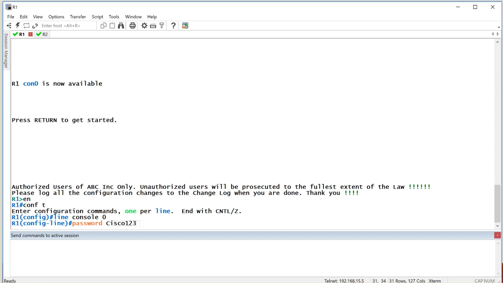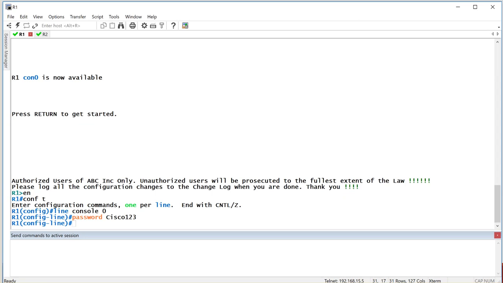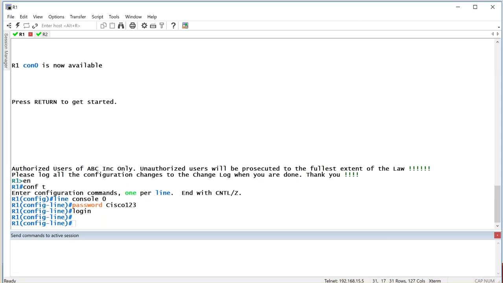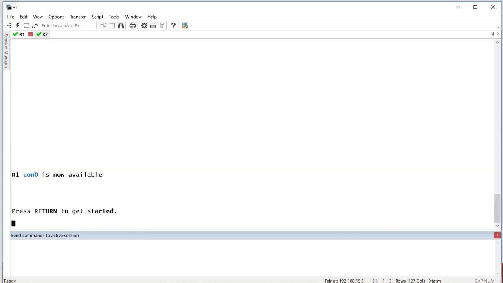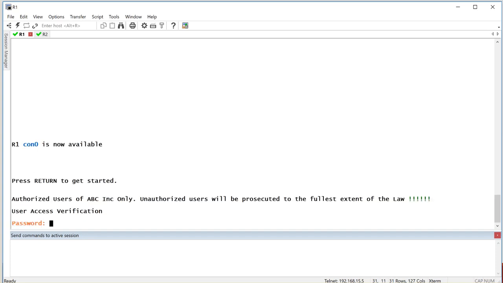So make sure your cursor is at the end of the 3 over here, or whatever the last character is. Press enter. And once you're in there, I need to enable the login authentication by typing in login. So once I'm done, end would take me directly into the privilege exec mode, and to test it, I'll do the exit command. When I exit, prior to this, before configuring the console password, when I pressed enter, it automatically logged me in. Now what's going to happen when I press enter, it's going to prompt me for the password,